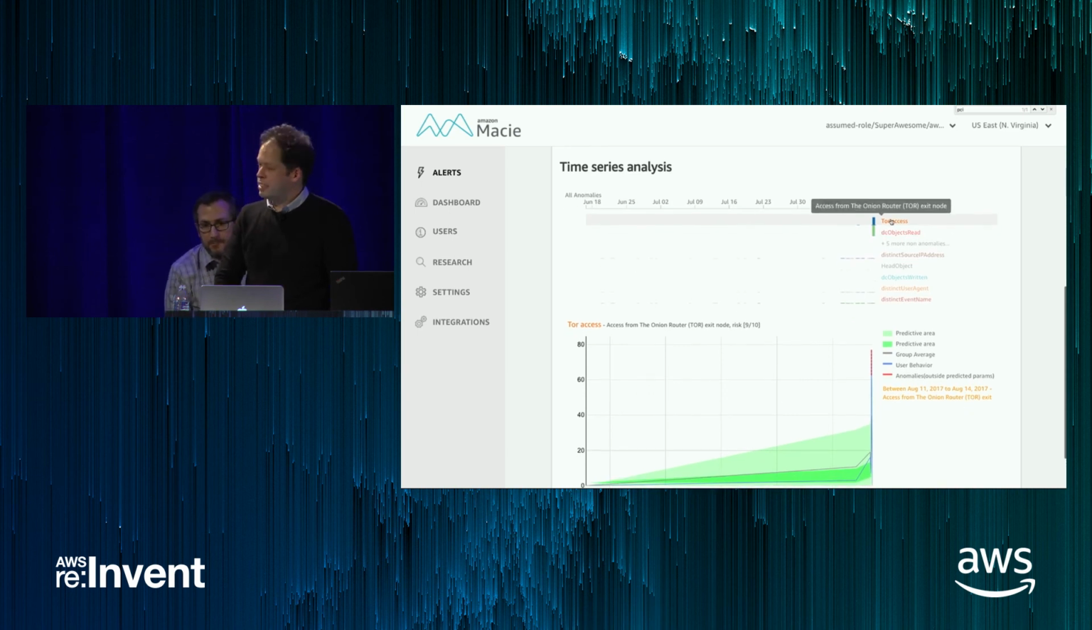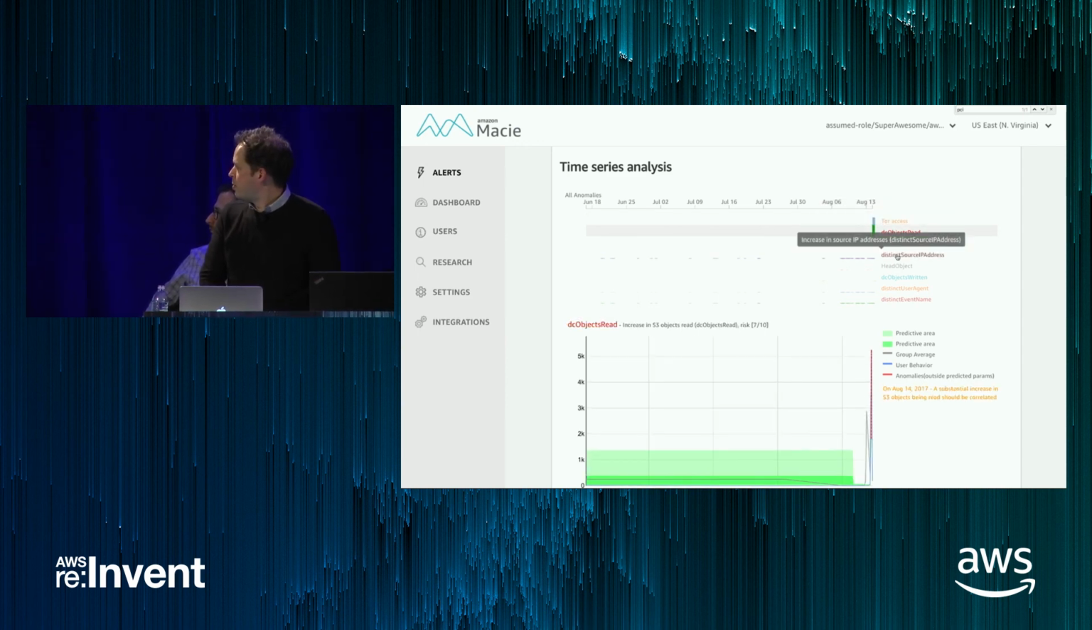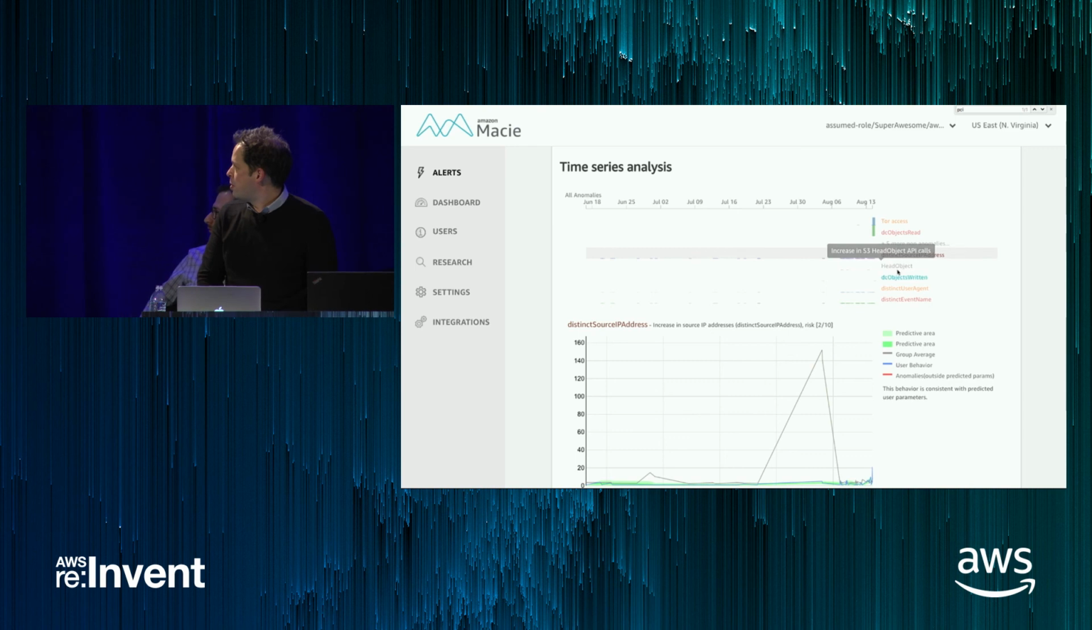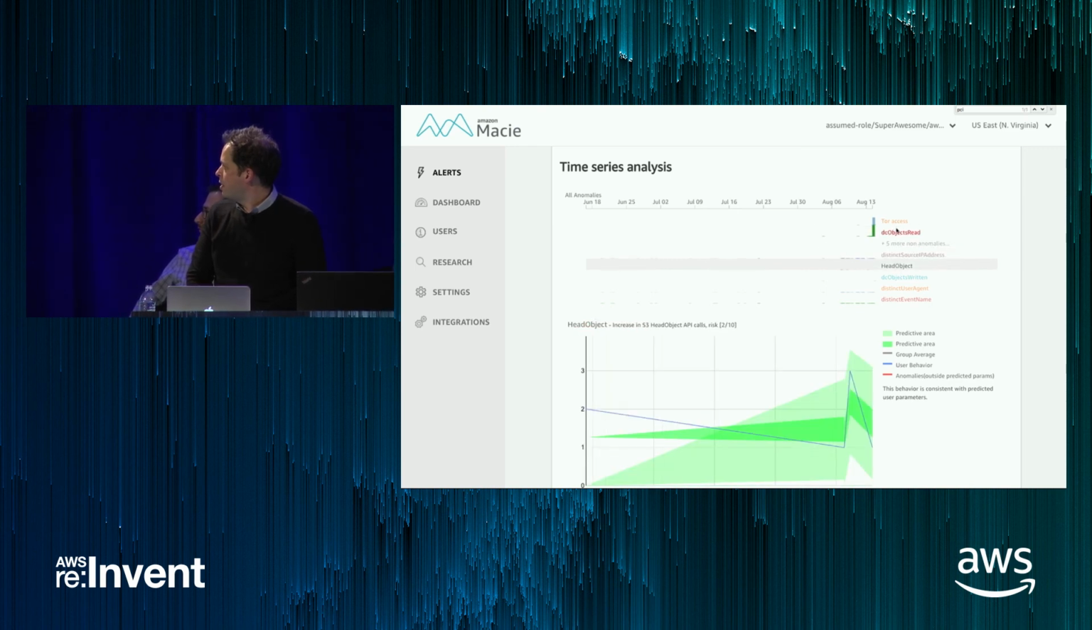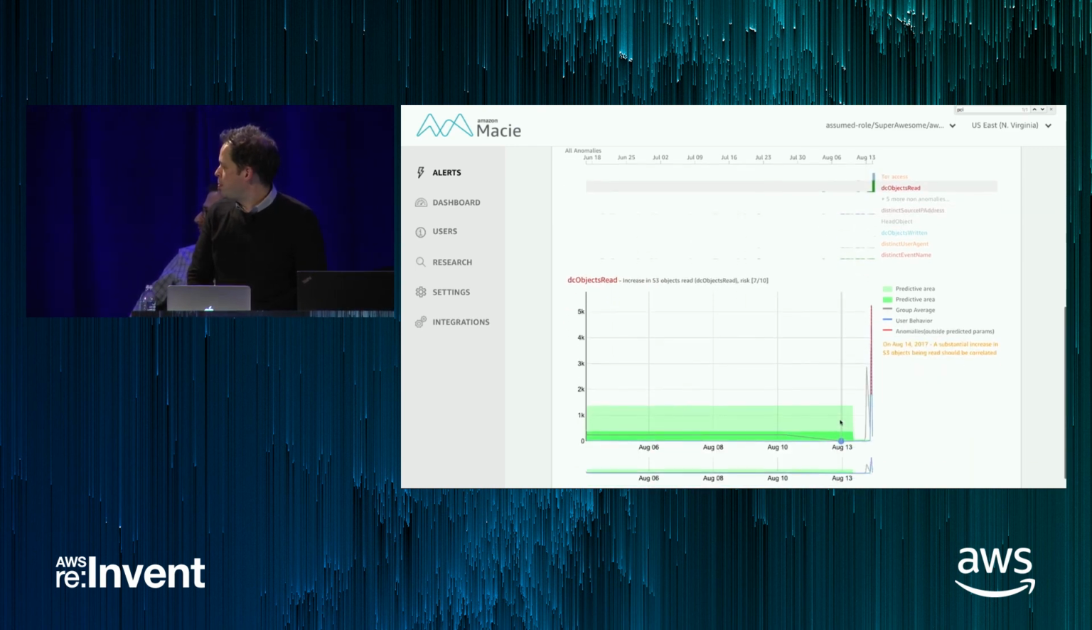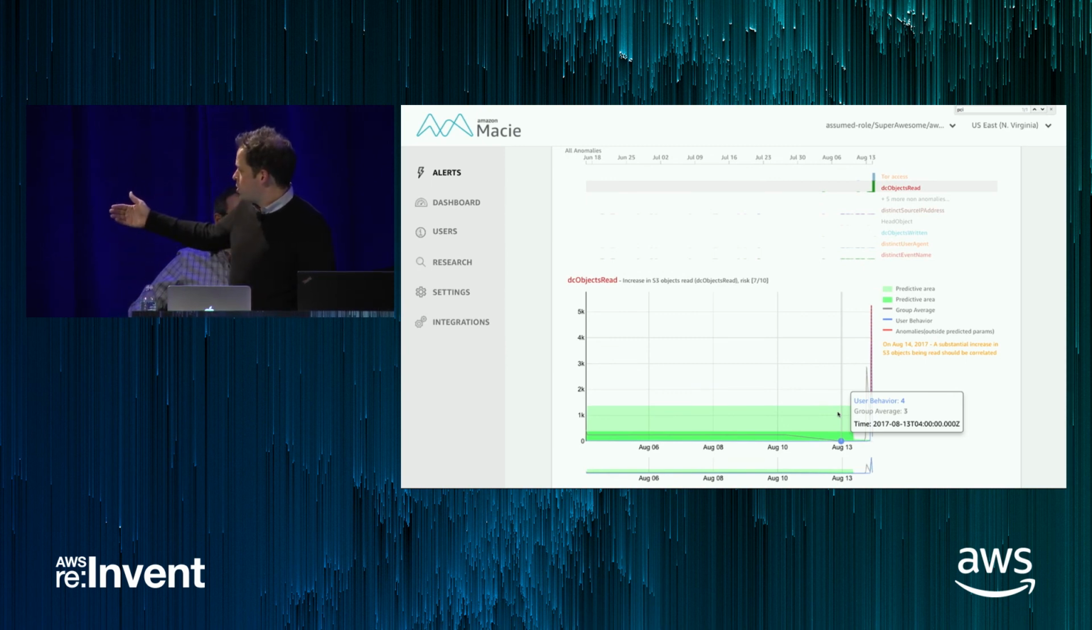So you can see accesses coming in from an anonymous network, the number of distinct objects that were read by a user, the number of distinct IP addresses that you're connecting in from, all of this stuff, how many objects have been read. Essentially what we're doing is we're building a behavioral profile for a user. So in blue, you can see what the user is doing, and in gray, you can see what that peer group